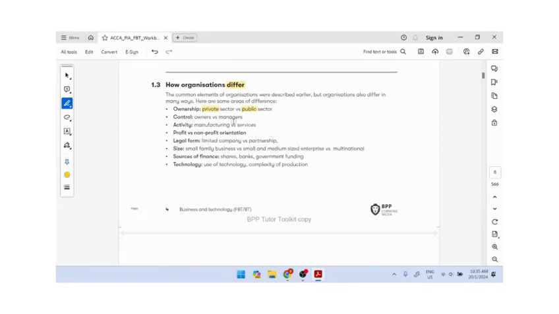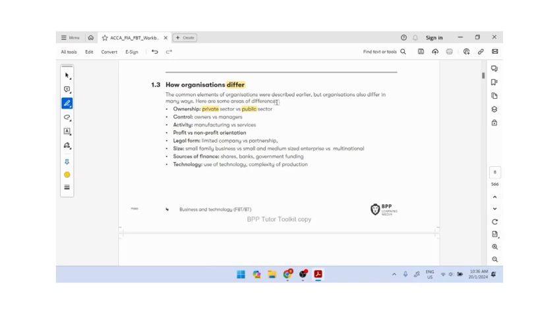Okay, so what is the difference between the private and public sector? Anyone can share with me? What is public sector? What is another word for public sector? Government, yes, very good. So you just have to remember anything related to government is public sector, like police,